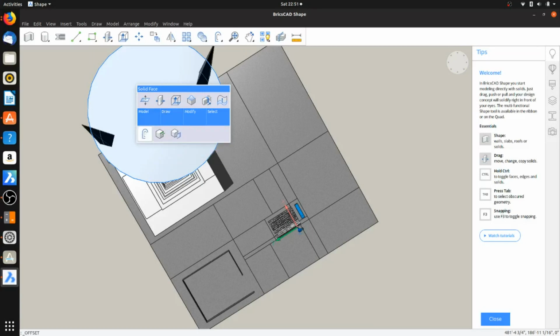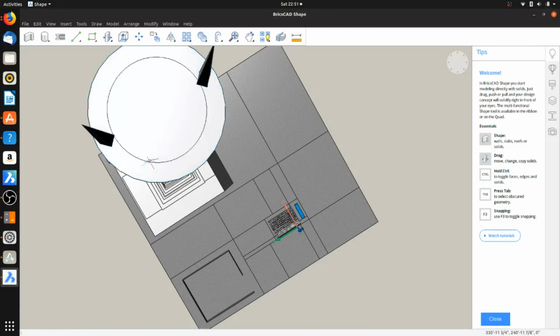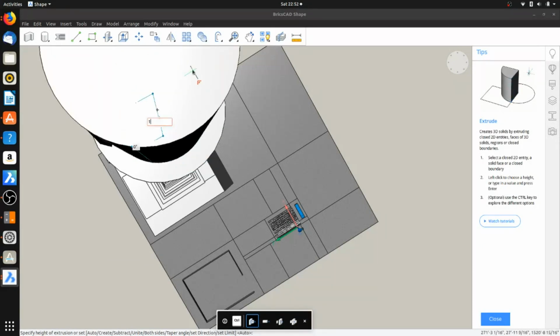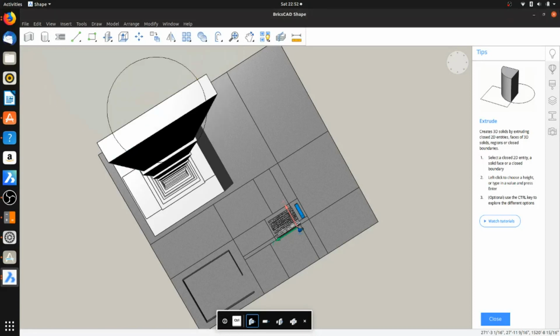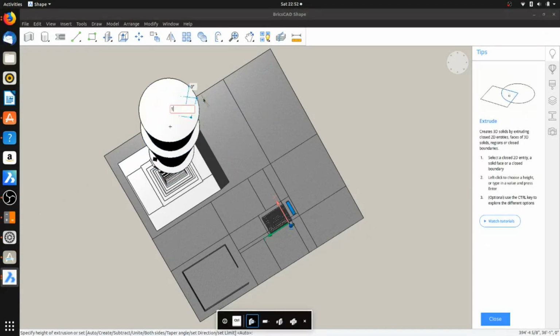See, we're going to go to draw. I'm going to select the center circle, and we're going to basically extrude it right here. And to do that, basically going to go up. I'm going to go up 1,000 feet up in the air. And then we're going to do the same thing for